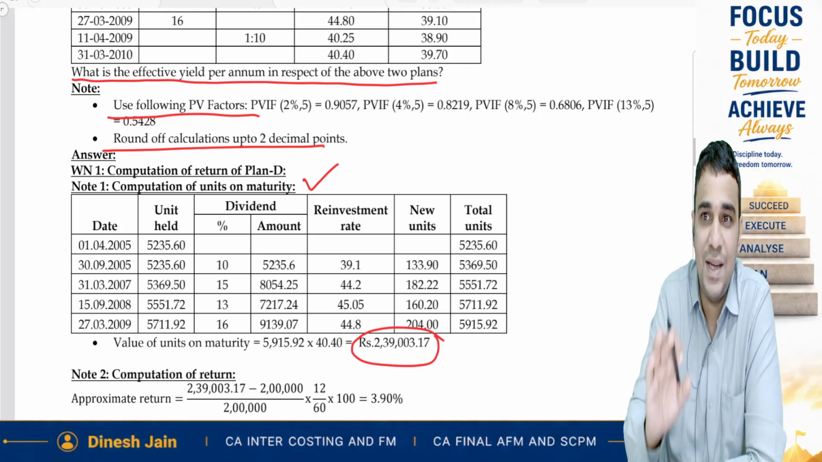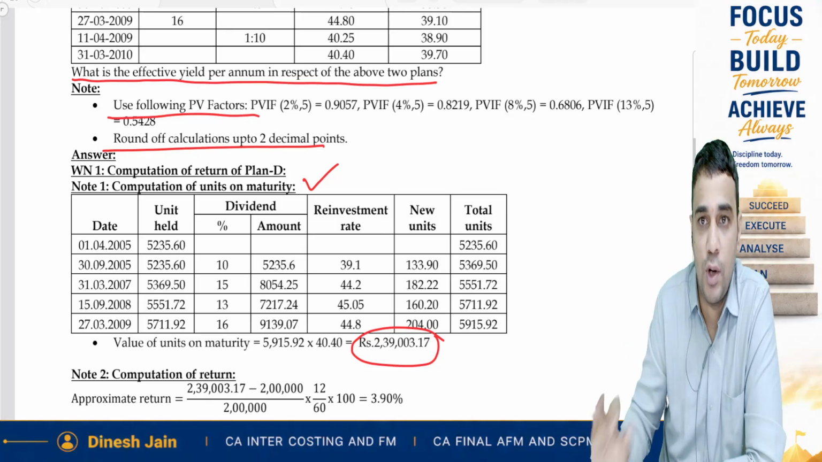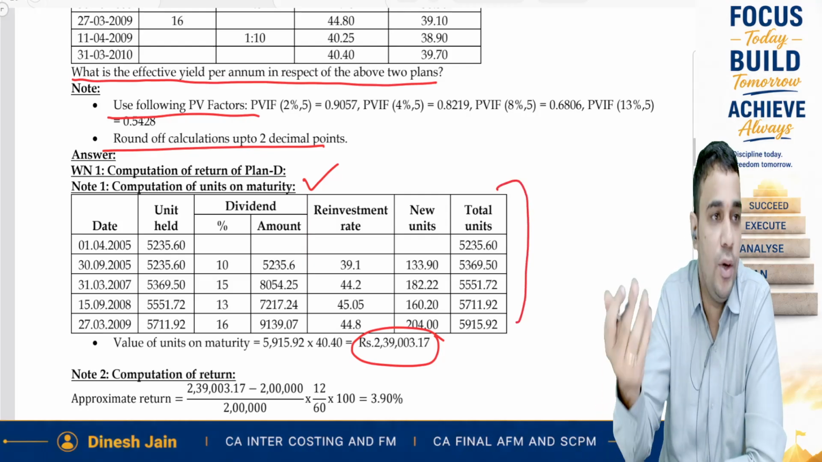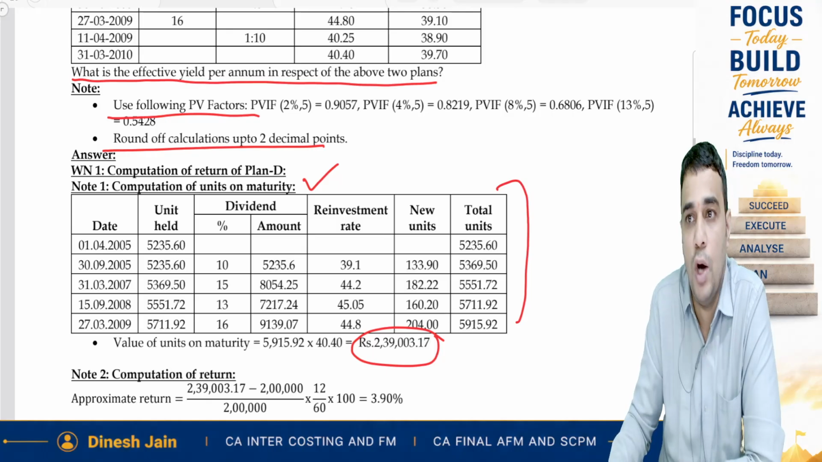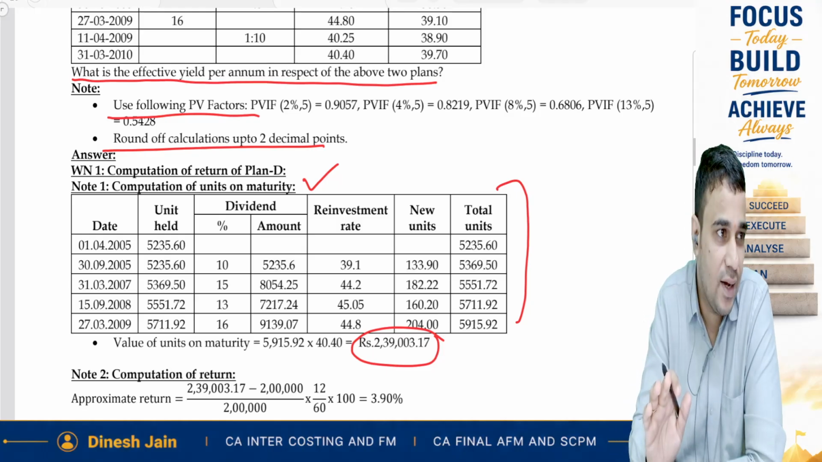239,003.17. This is my starting point, and thereafter I discuss what is to be done. 239,003.17. Should I solve this at home? I don't even want you to solve it. If you want to, you can do it, but I don't feel a need, because what was critical is